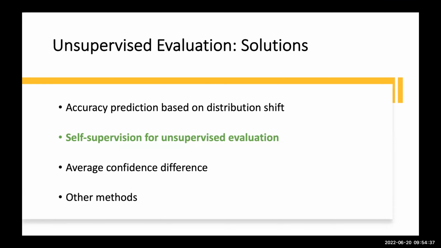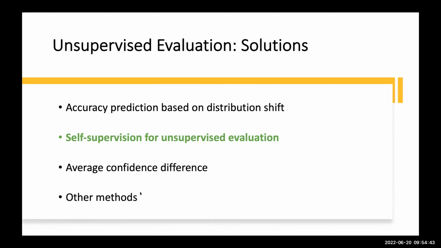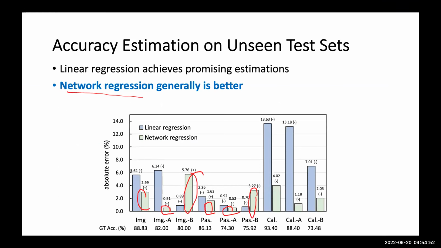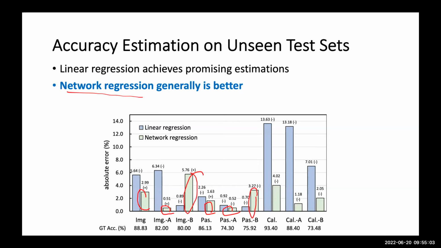For the second method, I'm going to talk about self-supervision. One more question, please. Just a follow-up for the previous one. You said that for open set there's no viable solution, and for this one you assume that the set of labels is the same. What about label shift, when the distribution of labels is different? The set of labels is the same, but one of them becomes more common.